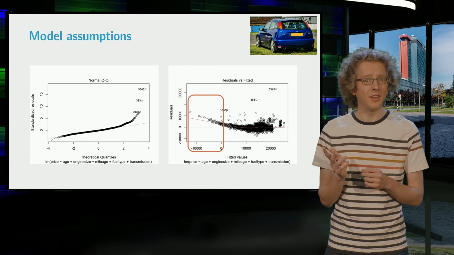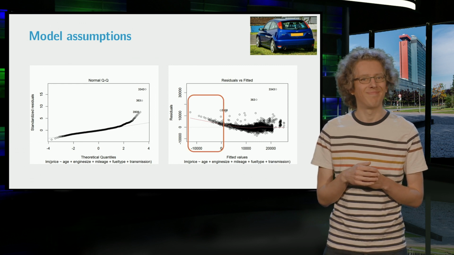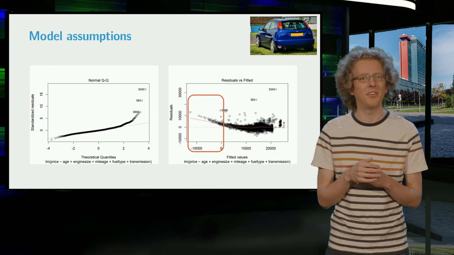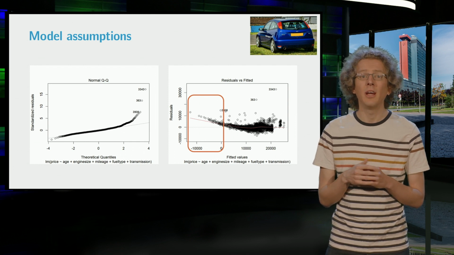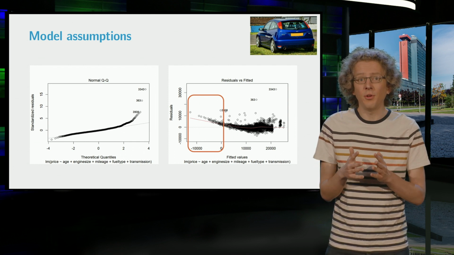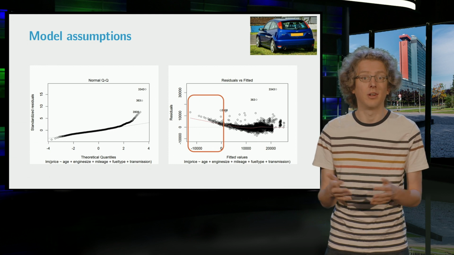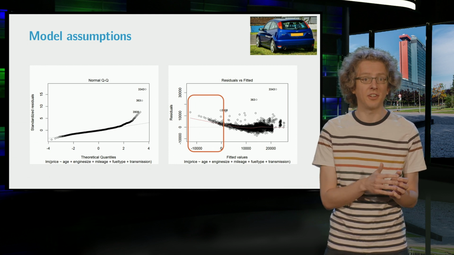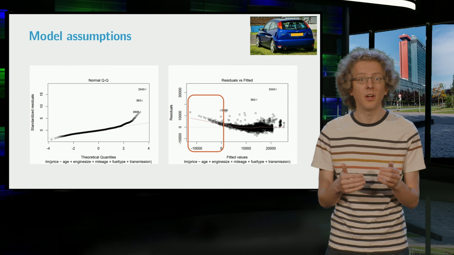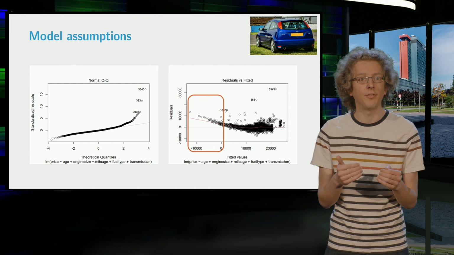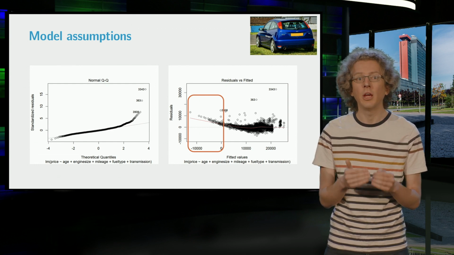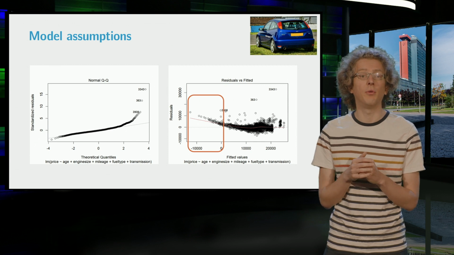First off, notice the negative fitted values. A negative predicted price, that seems very odd. And also, for these cars, the residual is always positive. Well, obviously, the price in the dataset is positive, so it is always larger than the predicted negative price. So there is clearly a trend in the residuals.